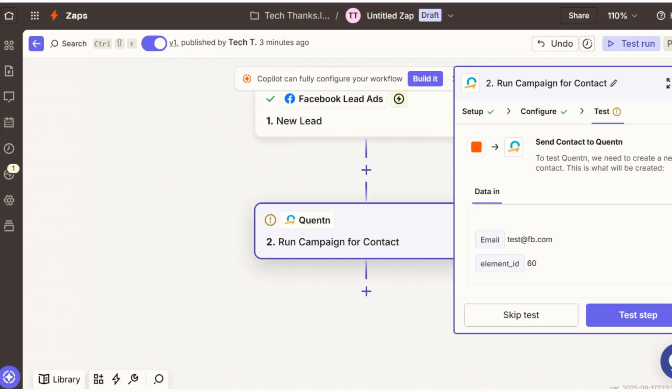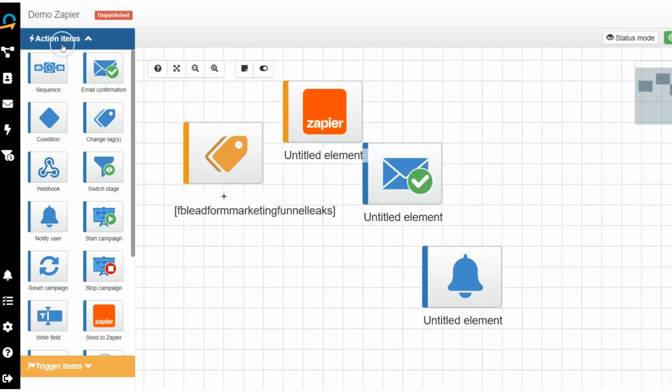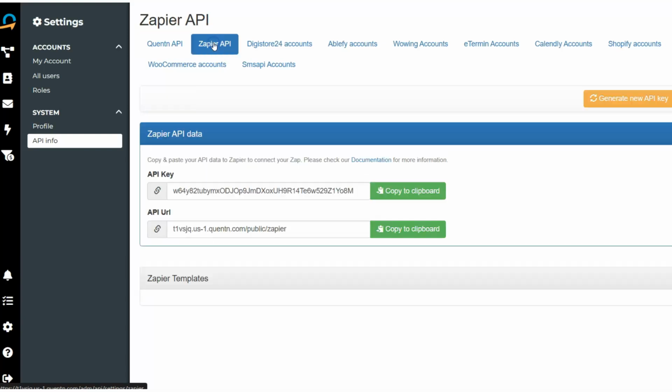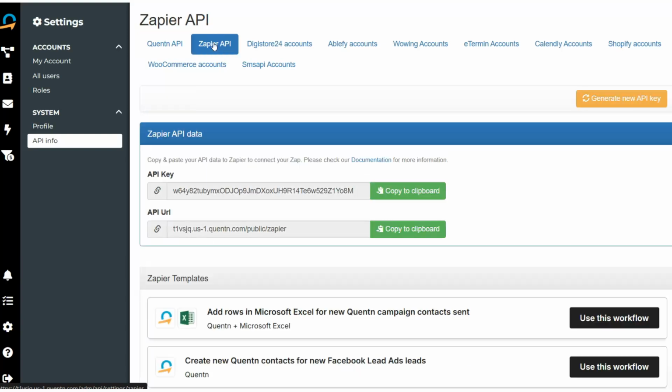So this has been a video about how to use Quentn's Zapier API integration. Again, you're going to go to settings and you're going to go to API info to grab the necessary information about the Zapier API. And you're going to build your zaps as you normally would to push people into Quentn as contacts and to get them assigned to